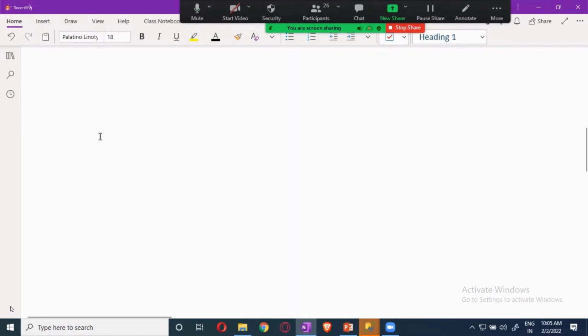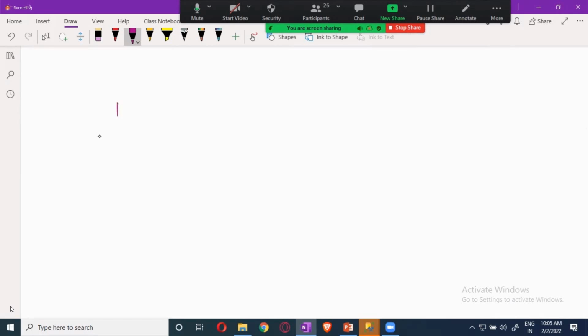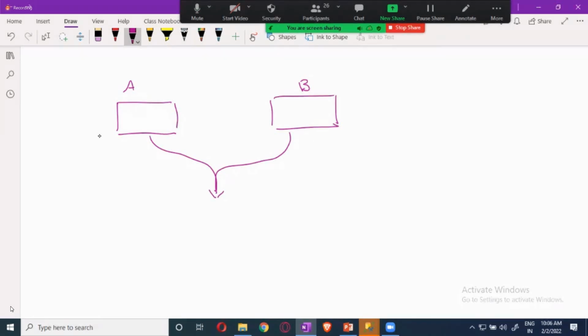Imagine this is table A and there is another table, table B. You combine the details of the two tables and give a single output, as if it's a single table, but internally the data is stored in two different tables. This is called a join.